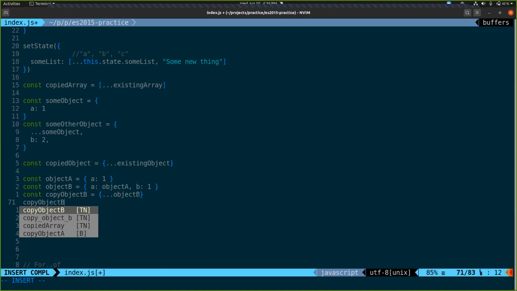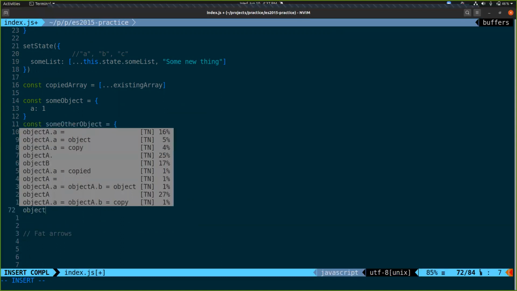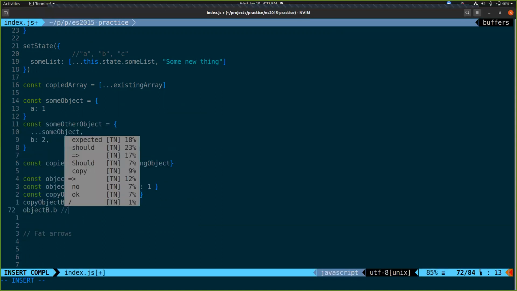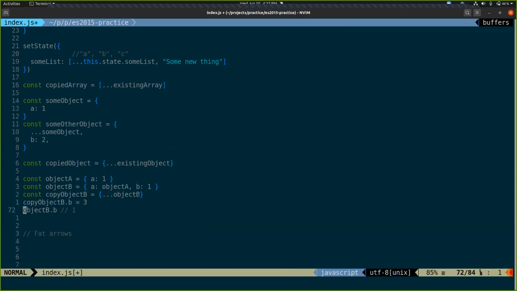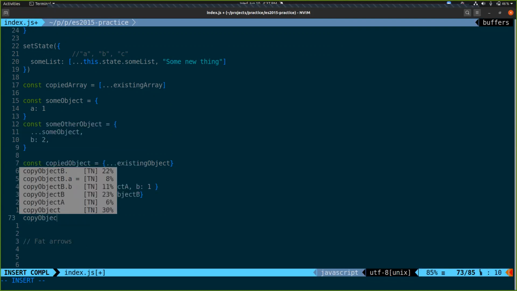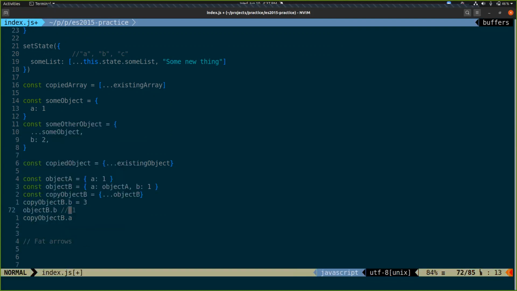I can change copy of object B's b property and object B.b still equals 1. Those two things are independent from each other because b was a number. Numbers are primitives. So we made a copy of it. But copy of object B.a still points to the original object A. It didn't make copies of every other reference we have throughout that chain, only the top level.